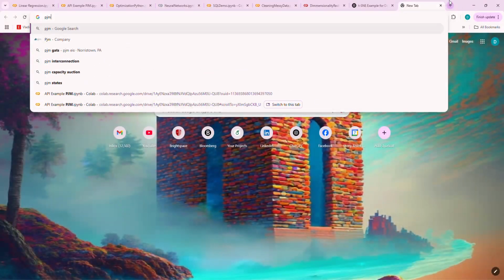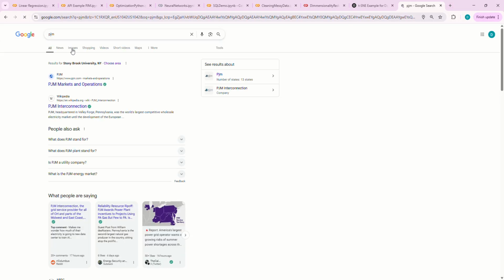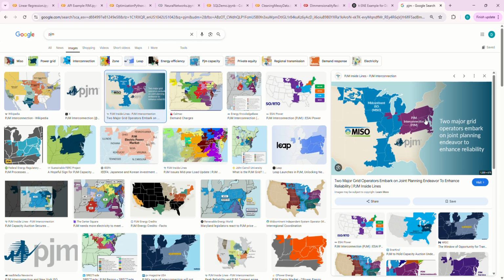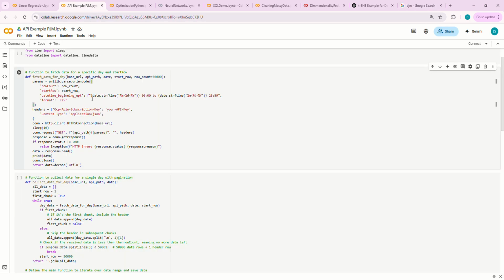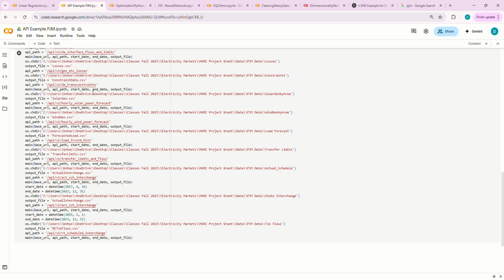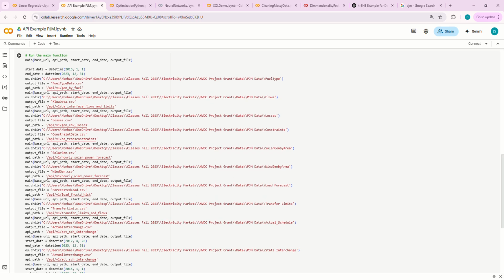I fetch data for a specific day from what's called the PJM API. PJM, or Pennsylvania, New Jersey, Maryland, is an interconnection or grid operator. It's the largest grid operator by total demand. So it's out here. What I want to do is get the data for generation, losses, fuel type, just all sorts of